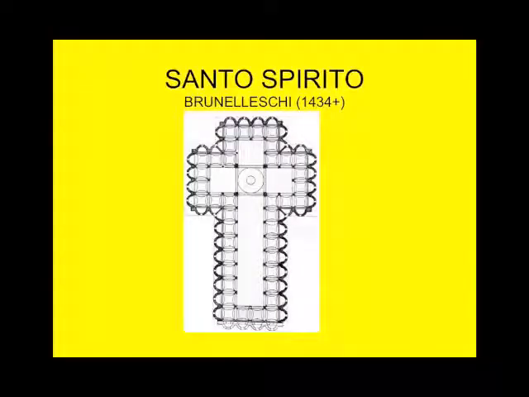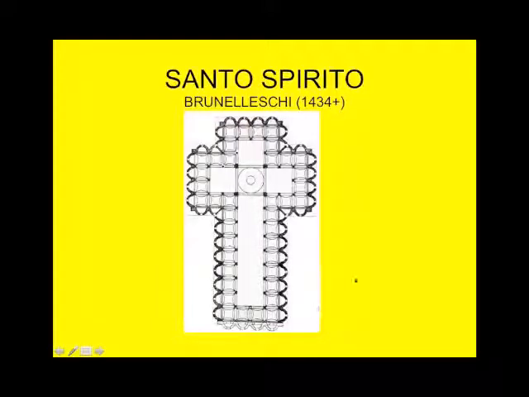This is the Brunelleschi church done a bit later in his career, Santo Spirito. It looks really similar to San Lorenzo because it's another Latin cross church that's organized with a square module. The proportioning systems of 1 to 2 to 4 that we saw in San Lorenzo are being deployed here too. Some of the things that he's doing that are a little bit different is he's working on making the proportions more robust, kind of moving away from this super slender, kind of Gothicized sensibility, and trying to get to a more chunky look. Doesn't do it very well.